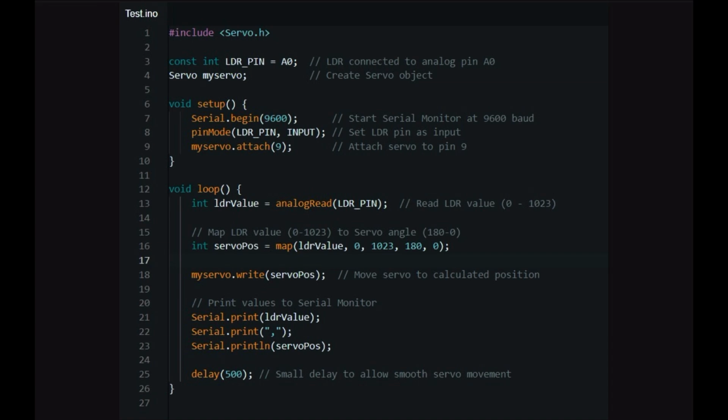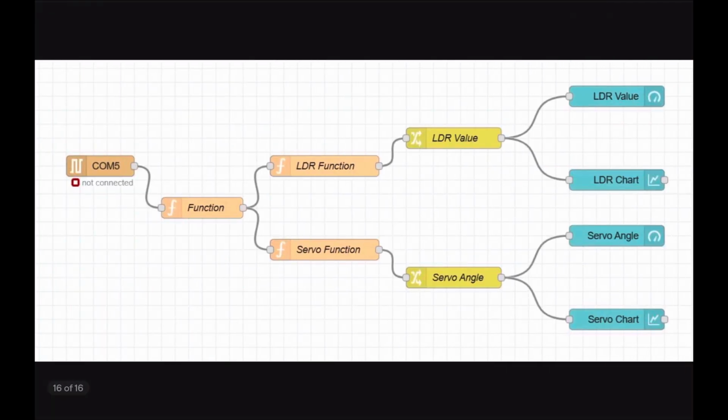And then we write, and in this line we are just basically sending these values onto the Arduino so that it can move the servo to that angle, and then we just serial print our values with a delay of 500 milliseconds. And this is our Node-RED dashboard interface, where